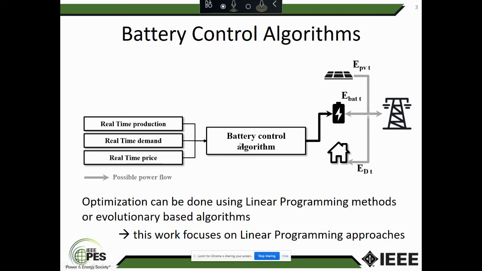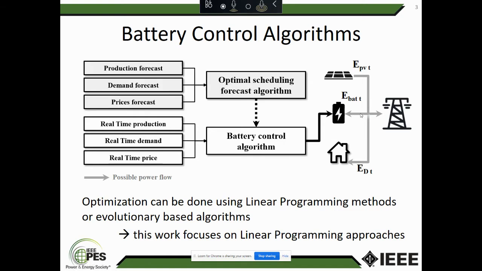The battery control algorithm takes as input real-time production, real-time demand, and the electricity pricing at the moment, and controls the battery in terms of charge and discharge decisions, and power to export or import to or from the grid. Another type of algorithm is what we call